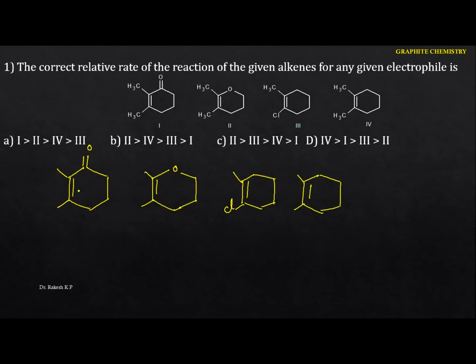Now I am going to indicate the electrophiles here. Whenever the electrophile attaches to the alkene, there is a formation of a carbocation. Let me indicate the formation of carbocations. This one produces one of the carbocations. Here we have a double bond O. I am going to show the carbocations here. Similarly here also, maybe on this carbon or maybe on this carbon it forms the carbocation. I am going to show the most stable carbocation here.